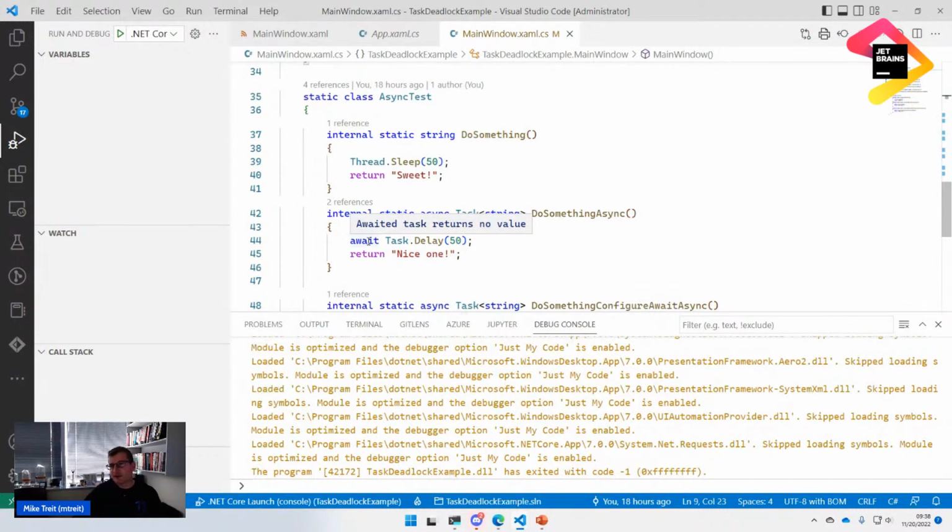Normally that would just be, okay, I'll continue on some thread pool thread, but that's not the way it works in UI programs. In UI programs, the synchronization context is essentially the main UI thread, and the code here, this return this string, when it needs to continue, will try to continue on the UI thread. But what's the UI thread doing while it's trying to continue here? It's calling .result on this method. Well, I'm trying to return the result to the UI thread, but the UI thread is waiting for this method to return. And now we have this complete impasse. This is a classic deadlock,